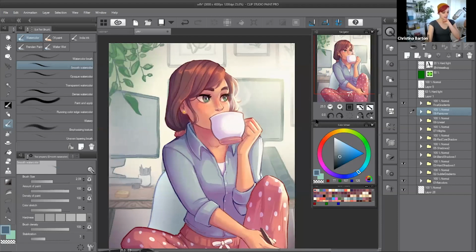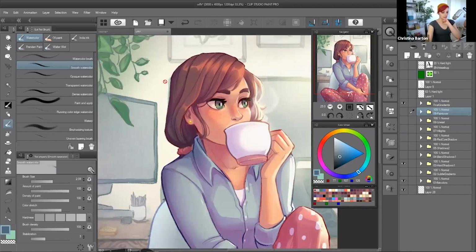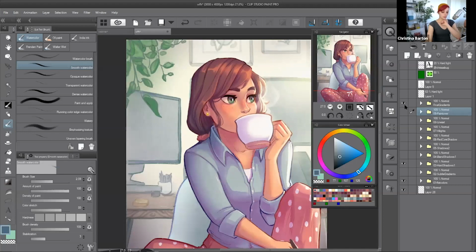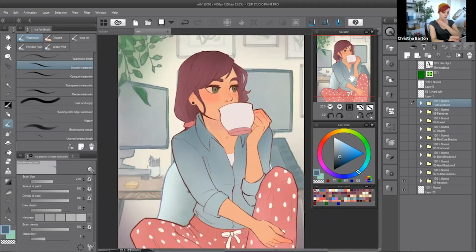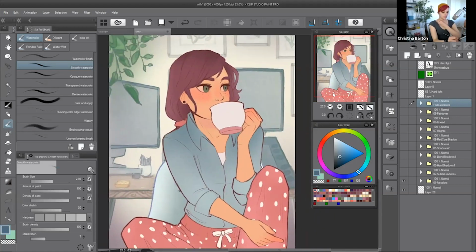When I am choosing color palettes, the only time I really use a full-on color palette would be at the very beginning stage of my process. So let's actually go to that. At the very beginning stage, I wanted this to have a soft sort of morning look. And I actually didn't really have a specific color palette for this piece, but